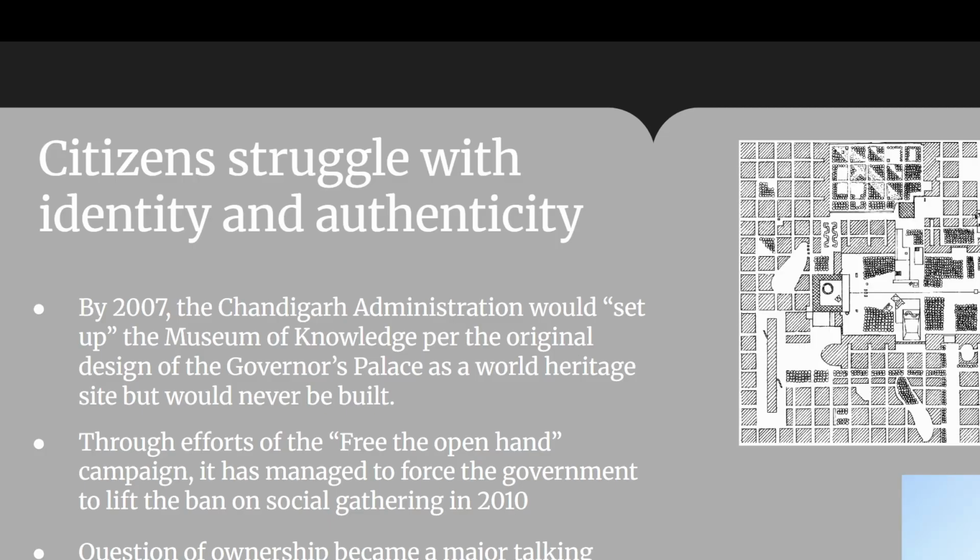As an ever-evolving city and cultural development project in post-colonial India, Le Corbusier's capital remains a sociological and cultural dilemma for both city officials and citizens. Despite the government's restrictions on the site, there are still efforts to continue developing the city, such as building the Museum of Knowledge in celebration of the city's 50th anniversary in 1999.